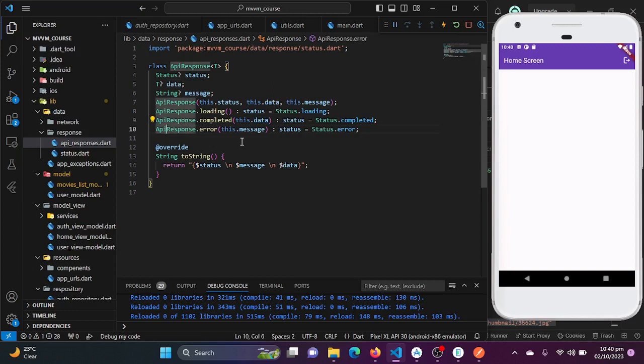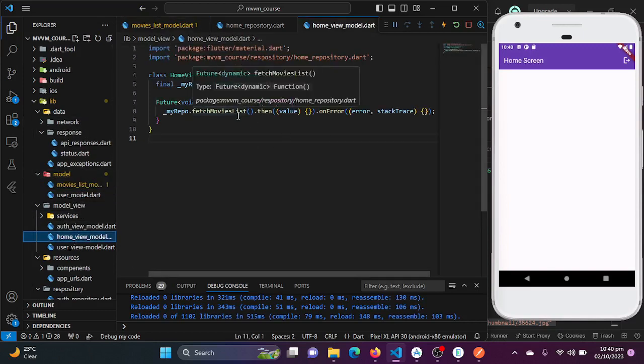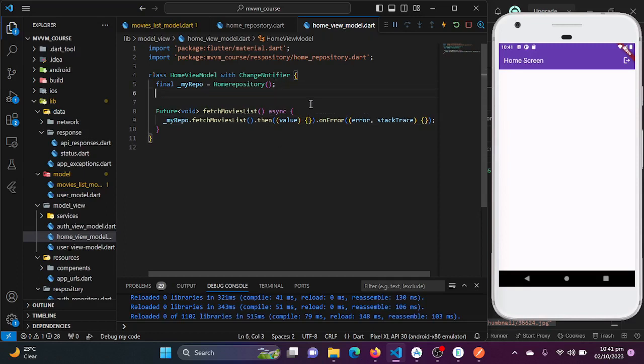And again, if the API status is on error, some error occurred, so just show the error message on the screen. So on this API response basis or API response status, we will be just implementing our view model, home view model. So have API's page, and we will just send the value to the API response. So for that reason, I will be creating and initializing my API response,